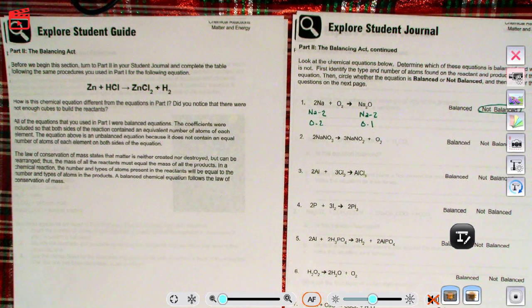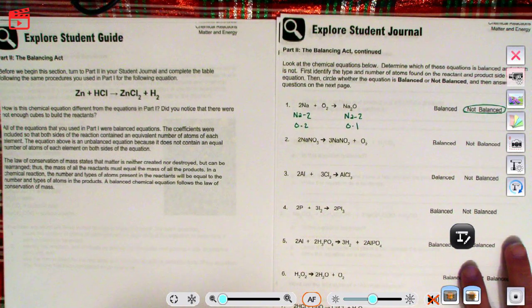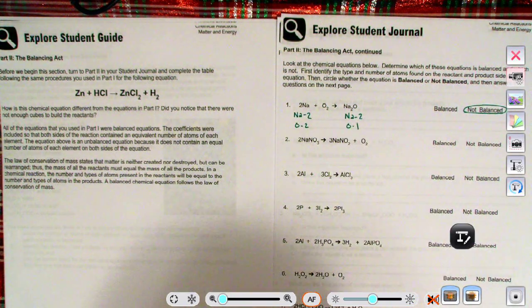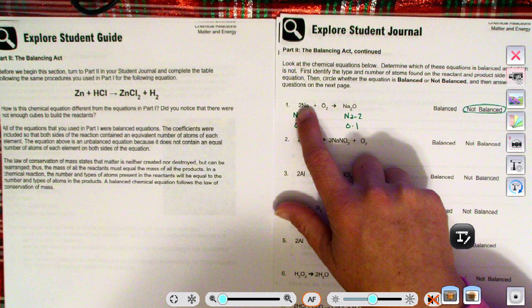So on these, what you're going to do is you're just going to look at the equation below. You're going to list out the types of atoms, the elements that are in there, okay? And then you're going to count how many there are, and then you have to circle over here, are they balanced or not balanced? Okay, so we have 2 Na, that coefficient tells me I have 2 of those,